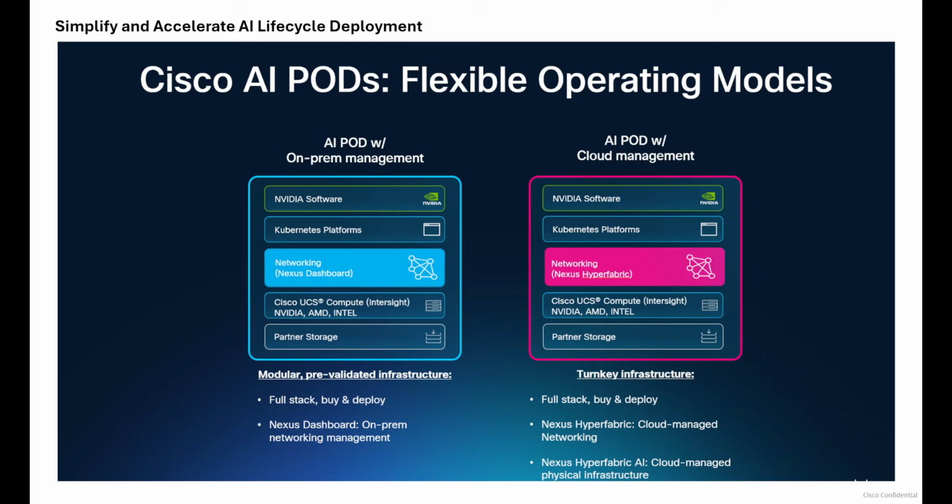It depends on the type of network that you're deploying, but let's say you're deploying VXLAN EVPN. There's a lot of configuration details that need to be planned out and properly configured in advance to result in a properly operating fabric. Now, if your customer prefers a cloud managed solution, then they can leverage Nexus Hyperfabric,